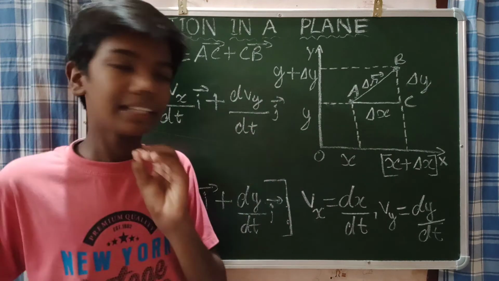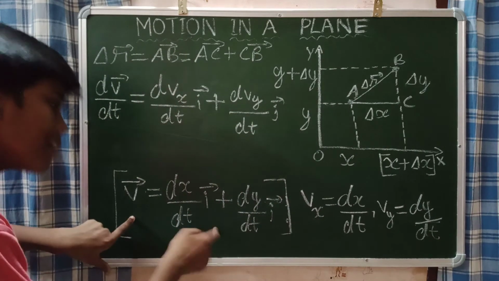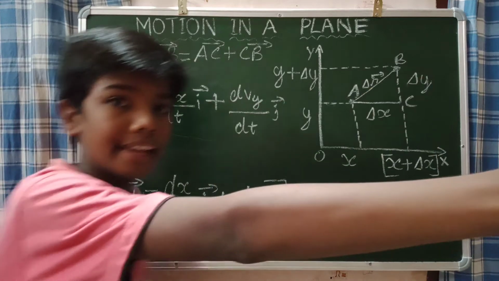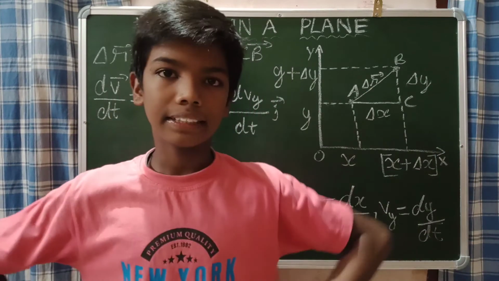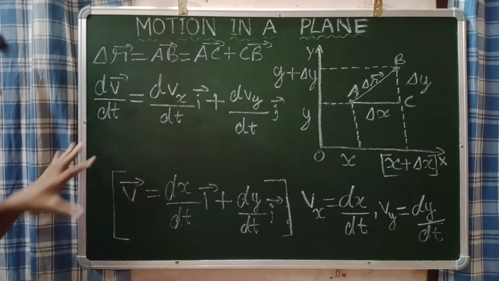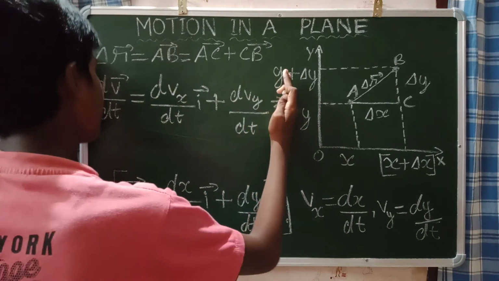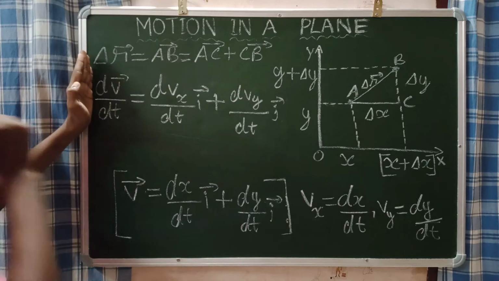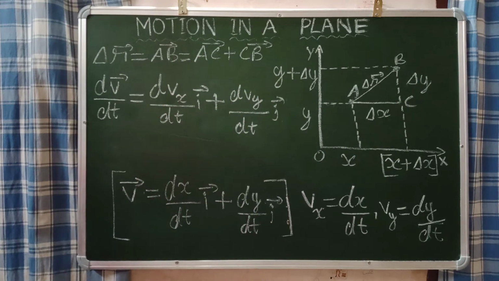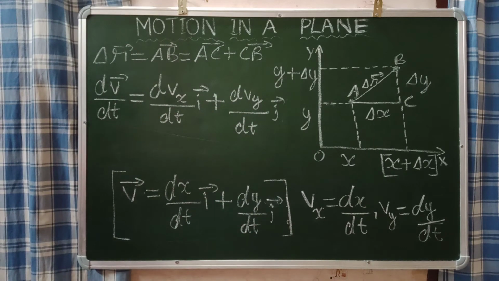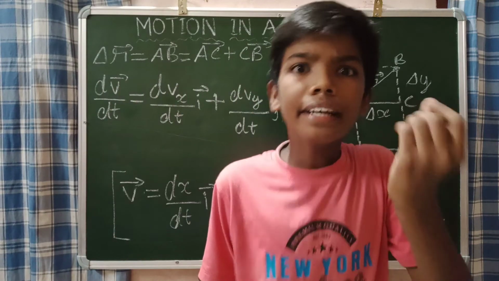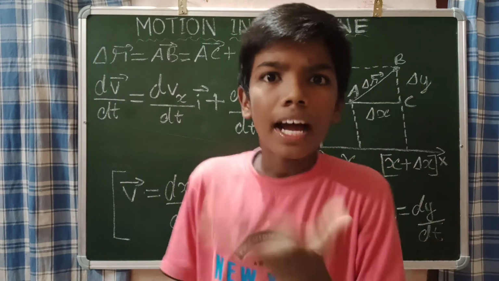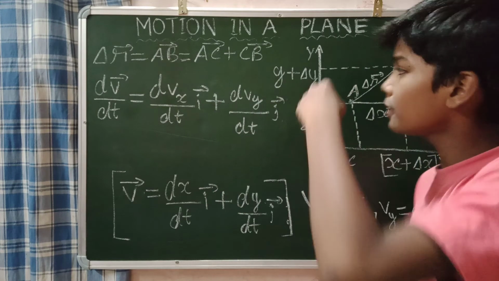Basic concept, guys. So when you differentiate this equation with respect to time, you will get our next hero, acceleration. So differentiate the equation, this is what you will get. If you are familiar with differentiation, you can understand how it is derived. Just differentiate with respect to time. Now guys, I will take my duster. Now this dv vector divided by dt, what does it really represent? It represents the acceleration only. That is all. We have found the acceleration in a plane.